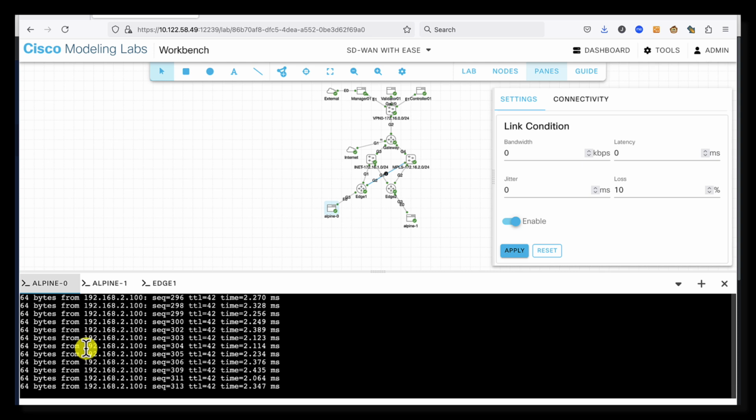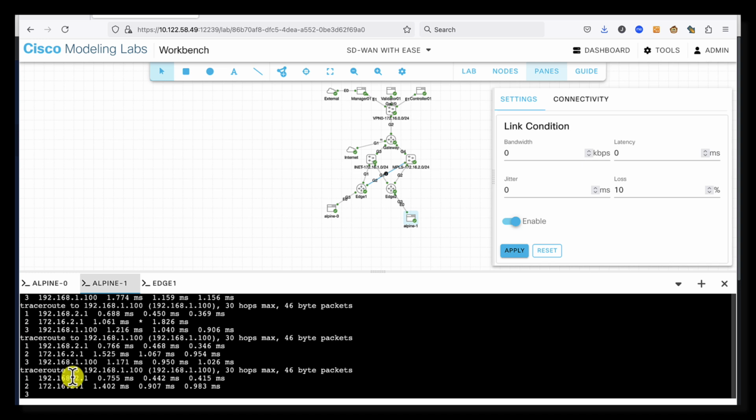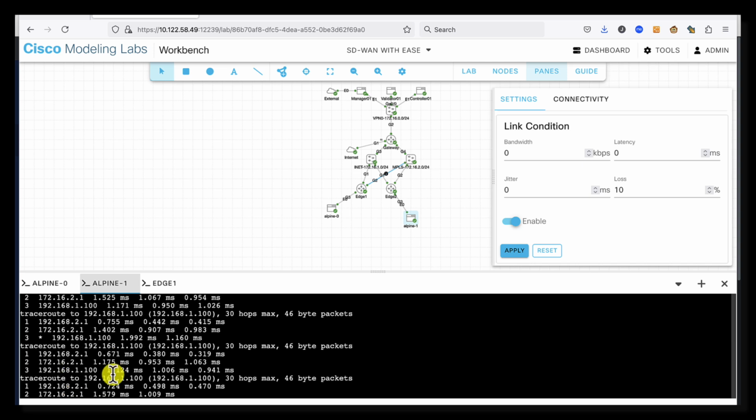We want to adhere to the policy, and we want to prefer a different route. So this will take a little bit of time, because you don't want things bouncing back and forth wildly. You want to make sure that what we are seeing is sustained loss, so we don't keep going back and forth. As we continue to see this loss, we'll continue to go out over the MPLS path, but after a little while we should see that this falls over back to the business